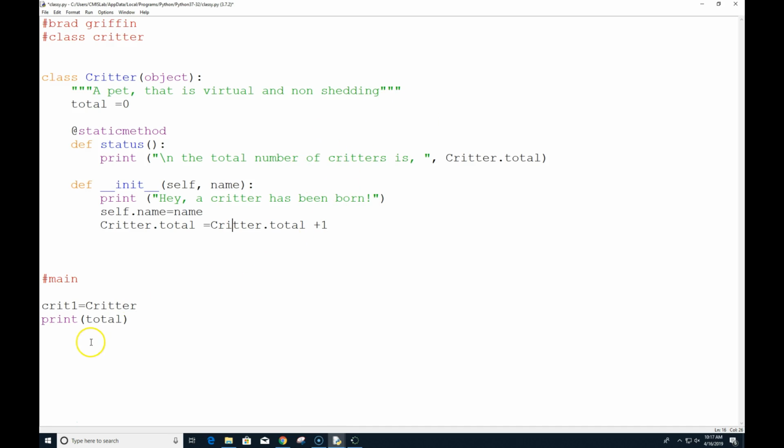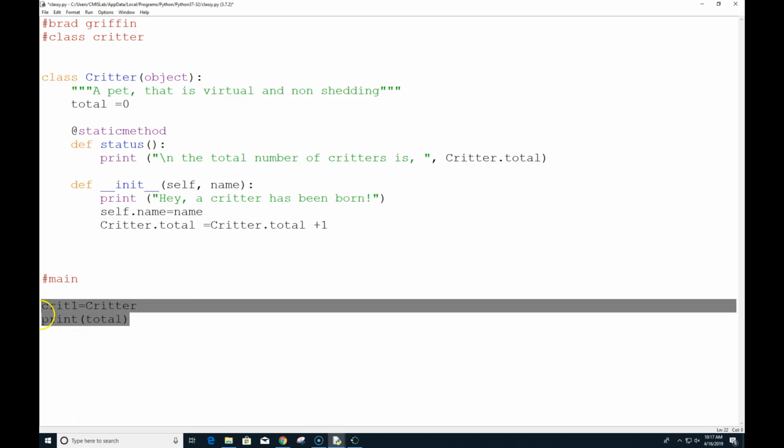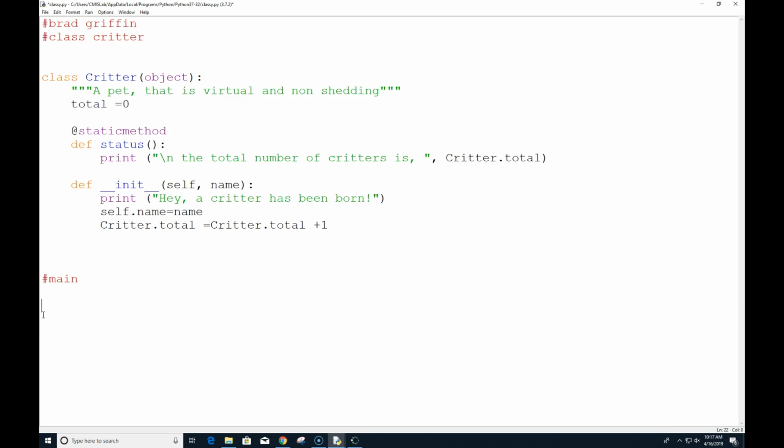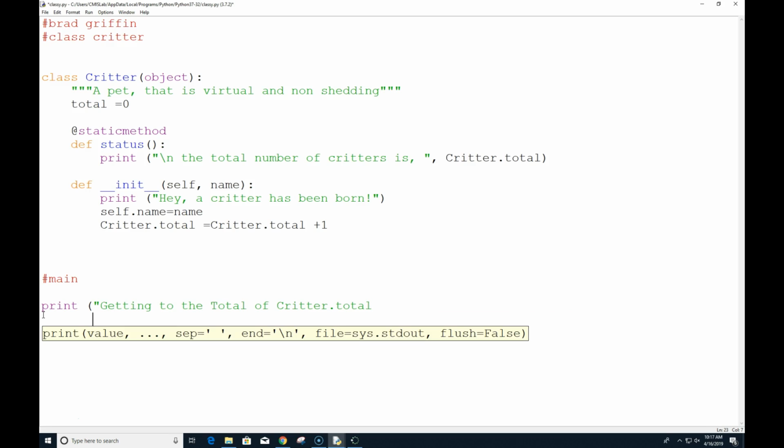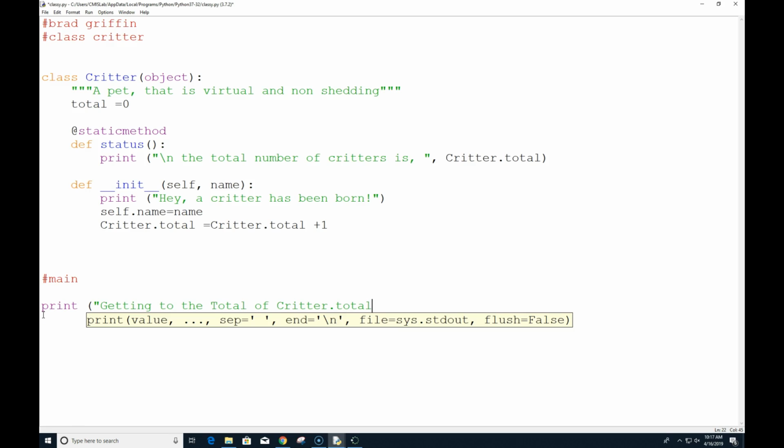So we can get to this in a little different function. So print, and so using our, I want to end that one.